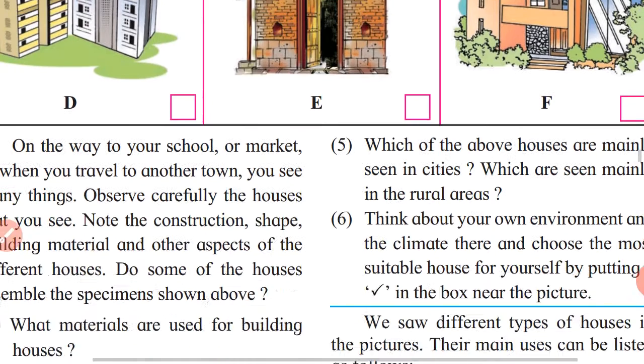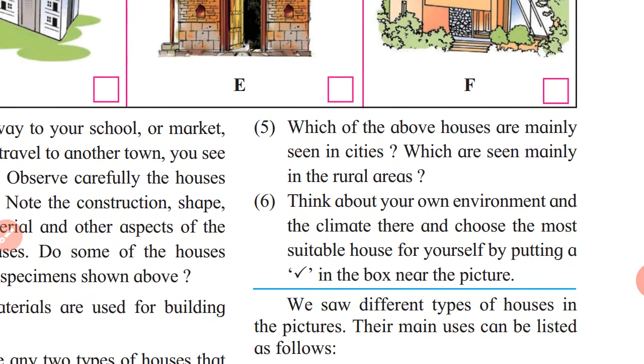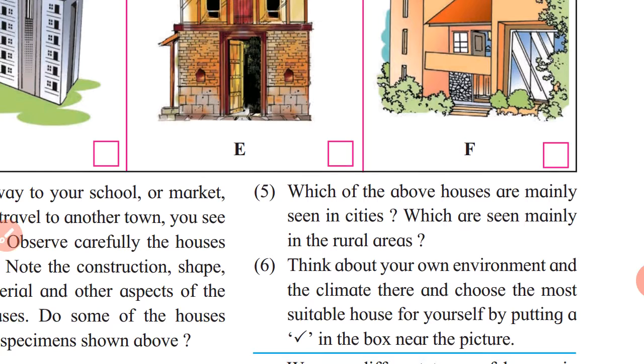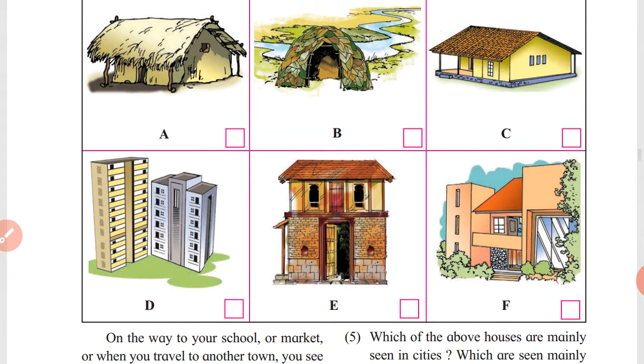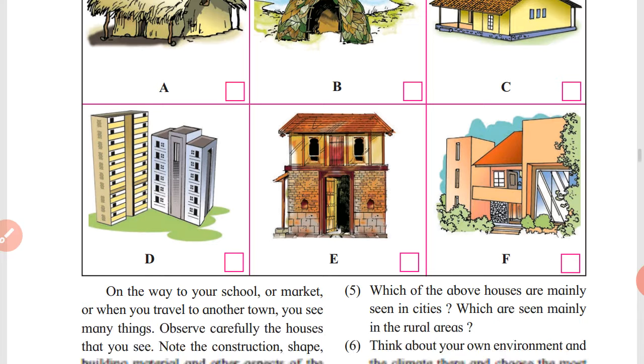Okay. Moving to our next question. Think about your own environment and the climate there and choose the most suitable house for yourself by putting a tick in the box near the picture. Now students, according to the environment and climate, you can choose any of these houses which is suitable for yourself. Okay, it is up to you. You can choose any of the houses according to environment and climate. Okay students,